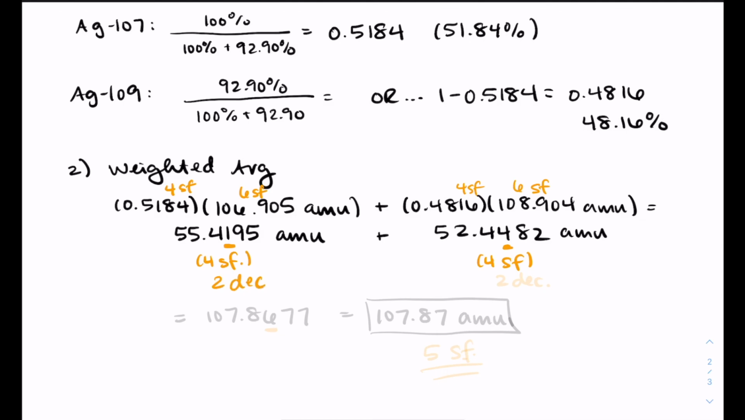If I add those two numbers together, I get 107.8677, and I have to use the addition-subtraction rule to limit my sig figs in this answer. That means I'm basing it on the number of decimal places, and my answer should go to 2 decimal places. So 107.87 would be my final answer,